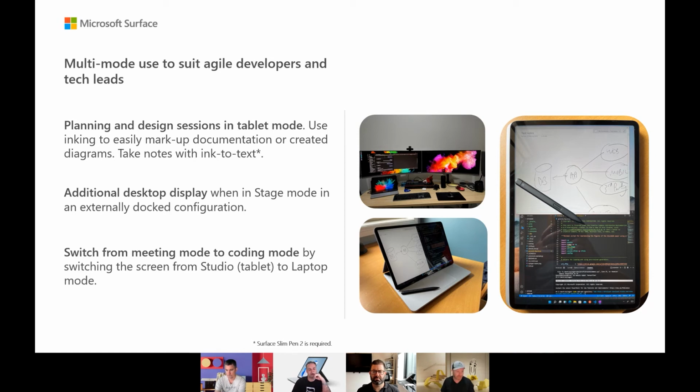And I think the ink aspect matters. I use a whole bunch of other products from other companies, but when it comes to digital ink, I still haven't found anyone that can do this as well as Microsoft. So when you bring that into play with the new Surface Slim Pen, this is just an awesome device. If you're on a campus or in a large building, this has got the portability that I would like,